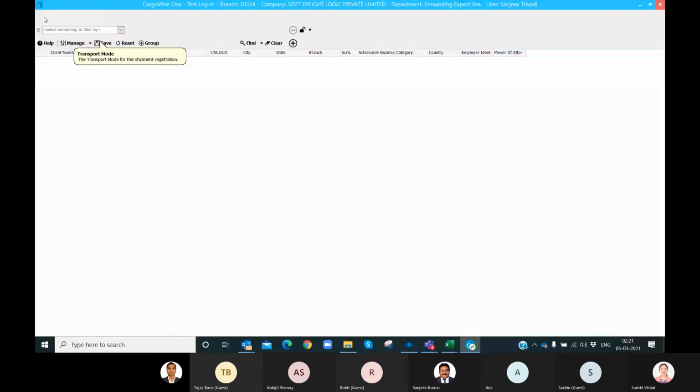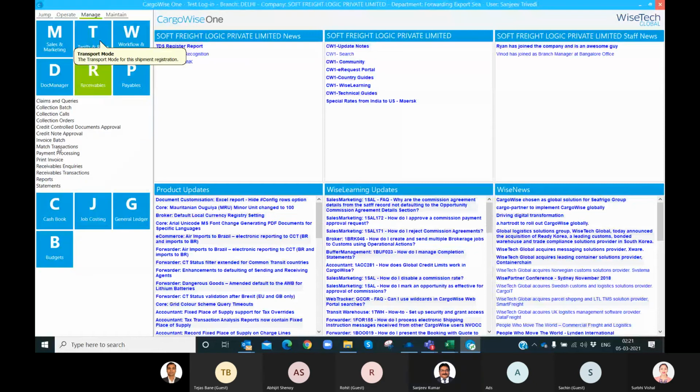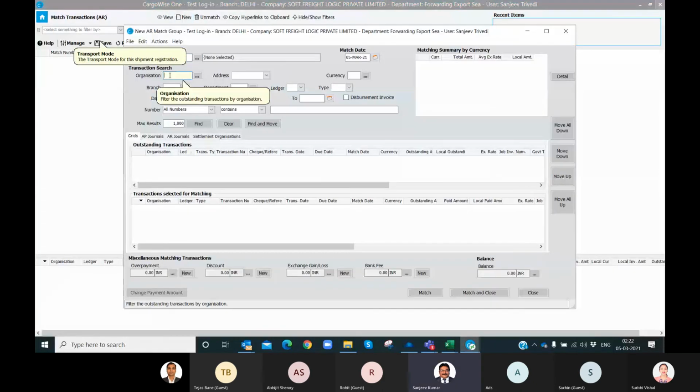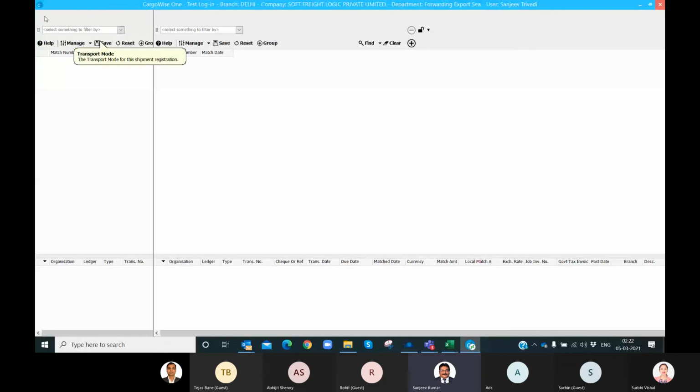I can directly go to the matching window, match all those transactions, and suppose no entry is appearing, we can match all those transactions, and whatever is the outstanding, we can go to report.